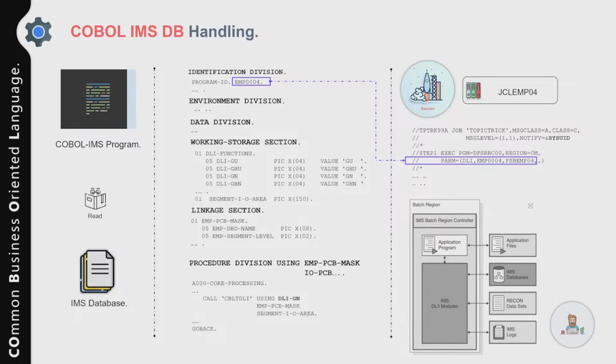And last you have the checkpoint ID. In case you have a restarting process, then you can probably specify the checkpoint ID. In our case, I've not specified any checkpoint ID. So this is how you can design your COBOL program to interact with a file or a database depending on